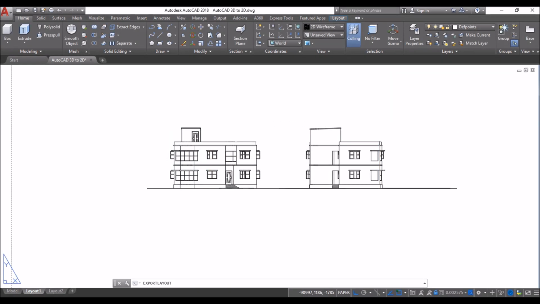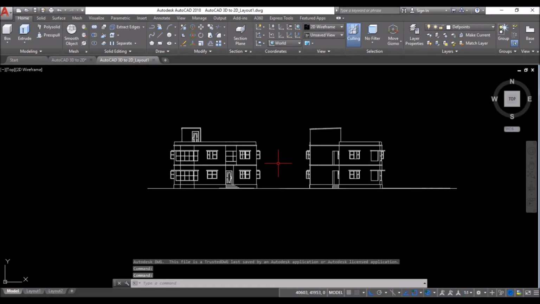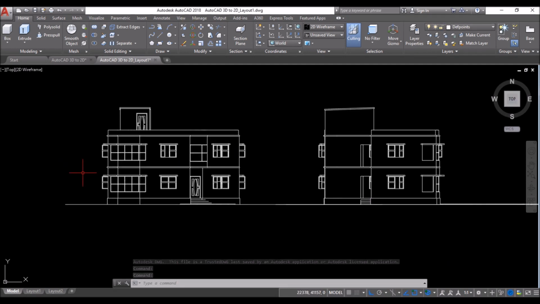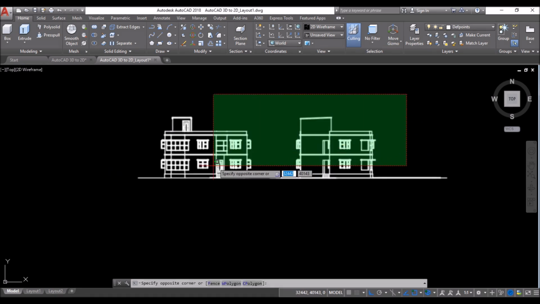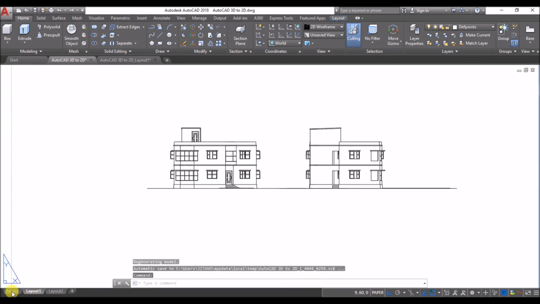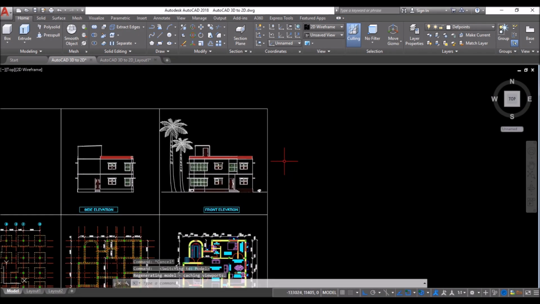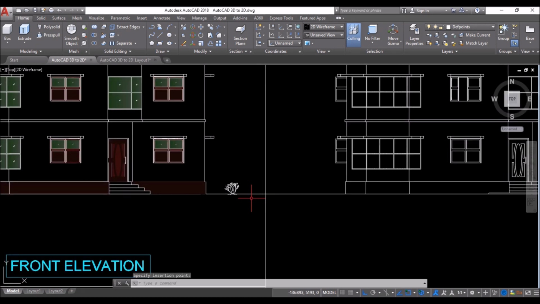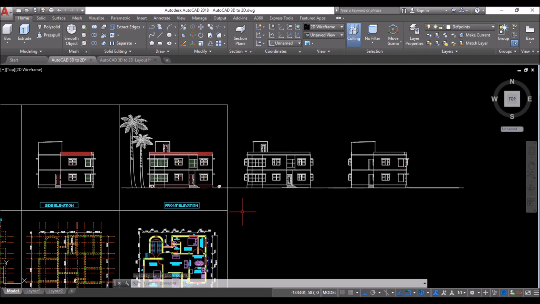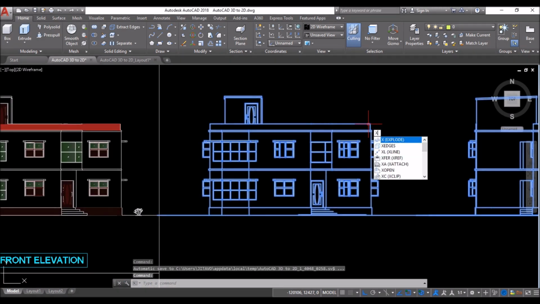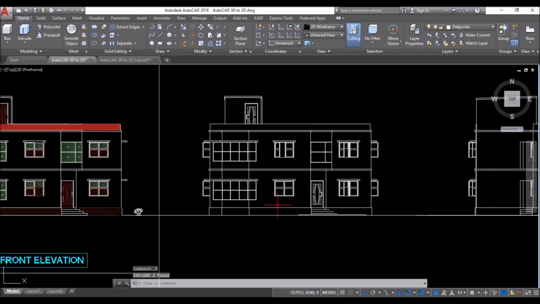Click on save and then open the file and you can see the 2D drawings are exported into a model space. Now select both the views, copy this by pressing Ctrl+C, come to this previous drawing tab, click on model space and then press Ctrl+V to paste and then left click to place the extracted 2D drawings into this model space. Then select both the views, type X and press enter to explode the drawings so that we can edit these.